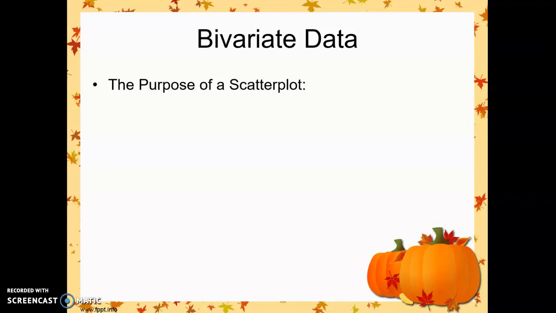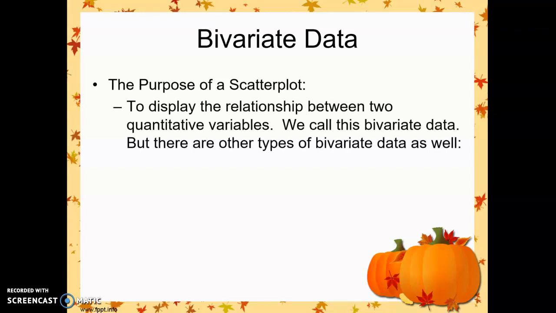When we get to studying relationships between two quantitative variables, we'll be making a scatter plot. And our scatter plot's purpose is to allow us to see how these two variables are related to one another. Is there any kind of pattern in that scatter plot? In other words, as the value of one variable increases, what's happening to the value of the other variable? Is it also increasing, or is it decreasing, or does it seem to have no effect on that other variable? So we'll be getting into greater depth with regards to scatter plots when we move on to sections